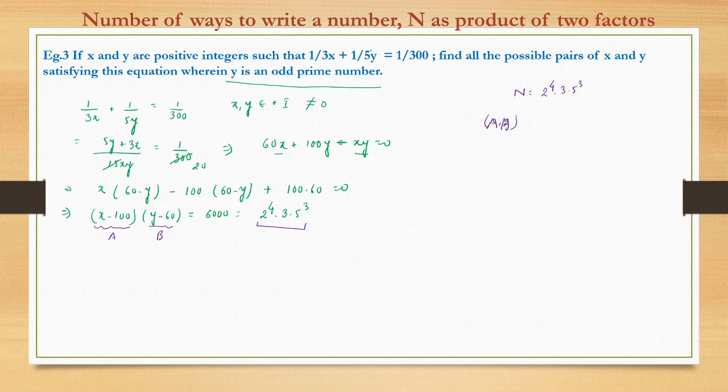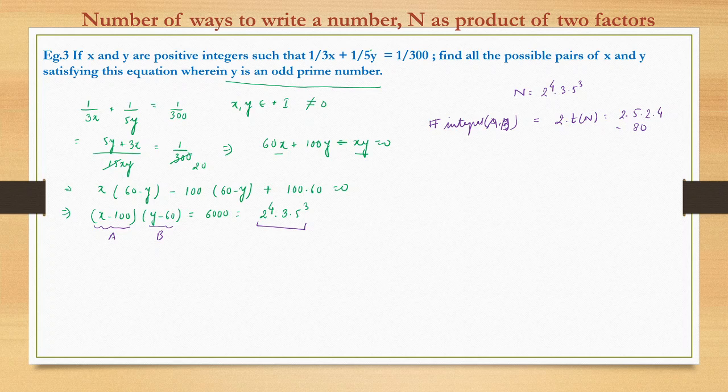So ordered integral pairs, we will write here a and b. The number of integral a and b would be what, 2 times the number of factors, which is 2 into (4 plus 1) into (1 plus 1) into (3 plus 1), which is 80, right? This is 80. So it becomes 80 such cases.